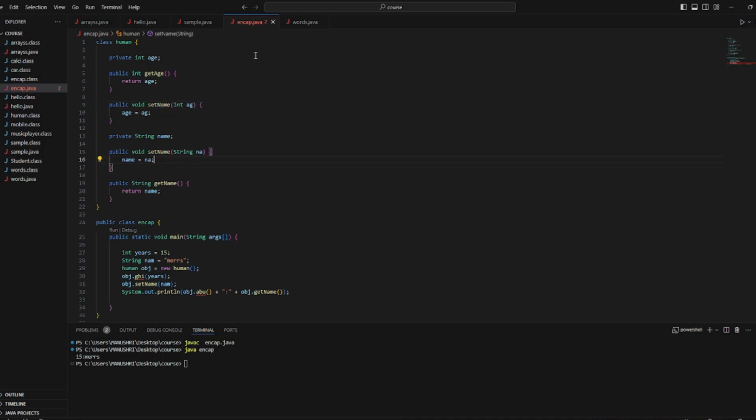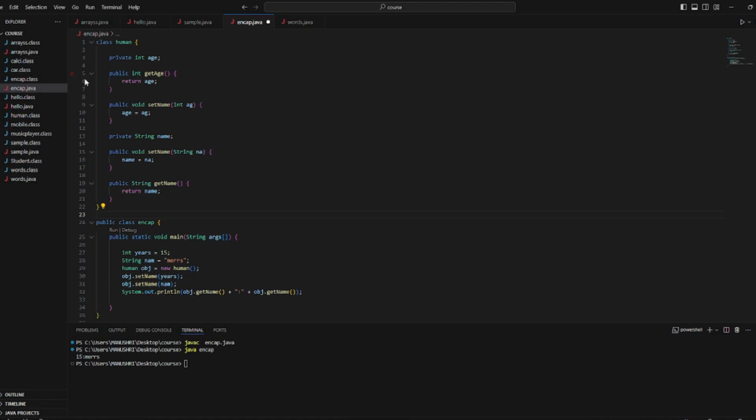So for any encapsulation method, you are supposed to name it with get followed by the variable if you are going to fetch the variable, or set followed by the variable if you are going to assign a value to it.